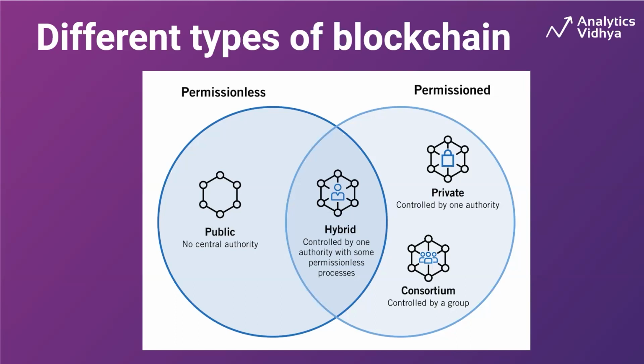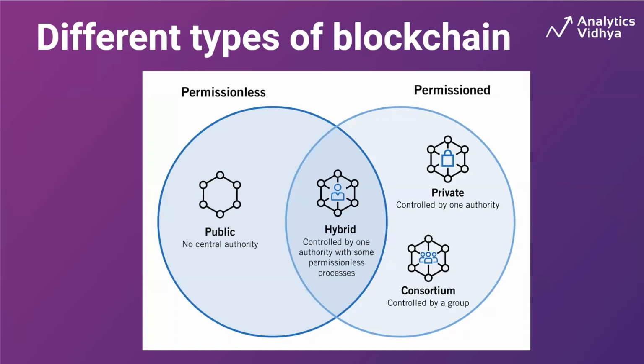One of the main advantages solved by blockchain is the public blockchain. In a public blockchain, everything is in a decentralized way. Those who develop the blockchain don't have any authority to change it. So there is no central authority; even the developer itself has no authority in a public chain.